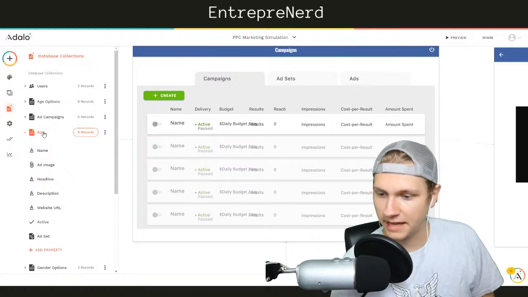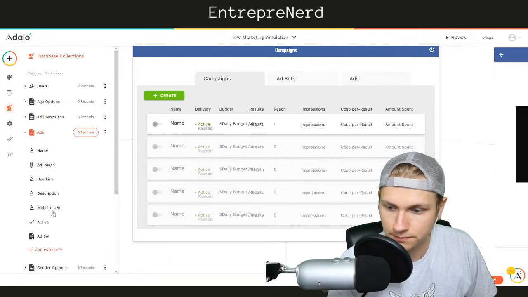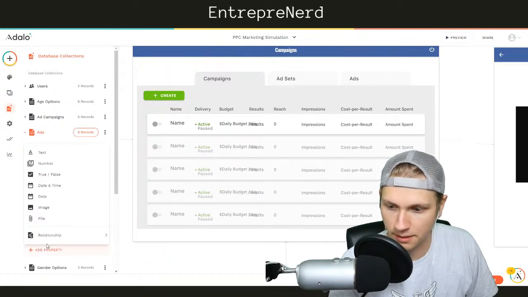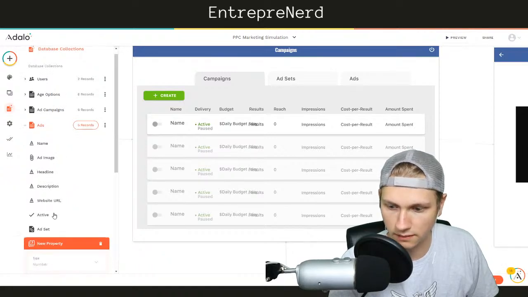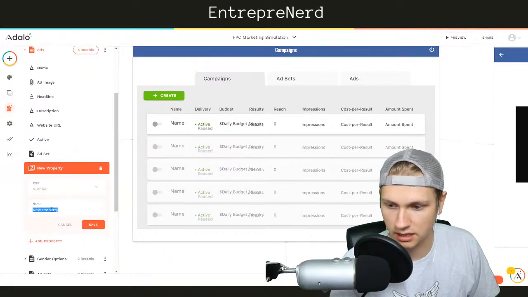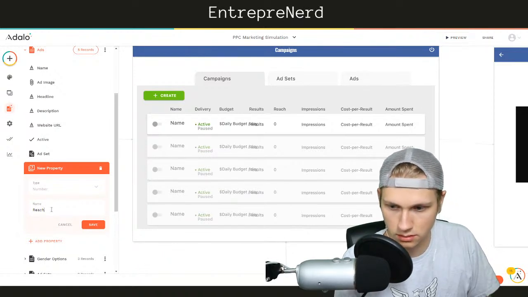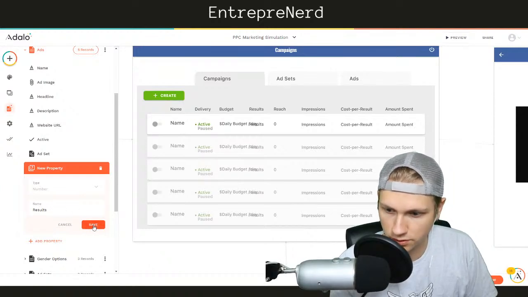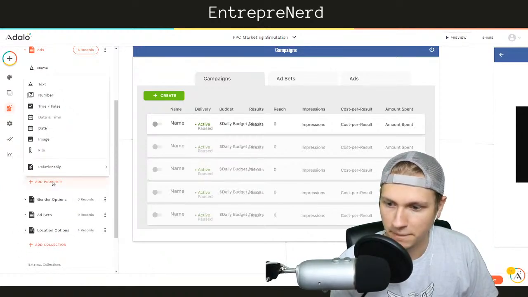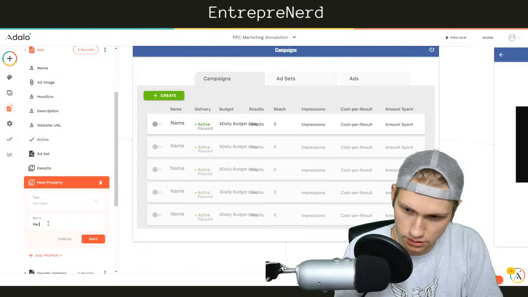The ads are going to have an ad property. They're going to have a number of, let's say, reach. Oh no, we'll start with results. Results. Then they're going to have another number, and it's going to be reach.